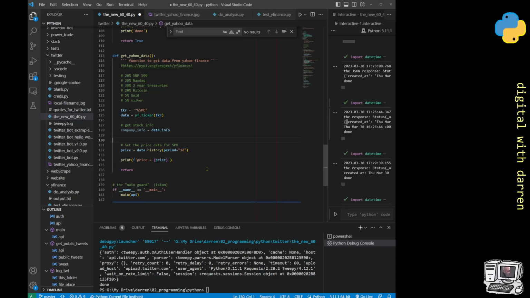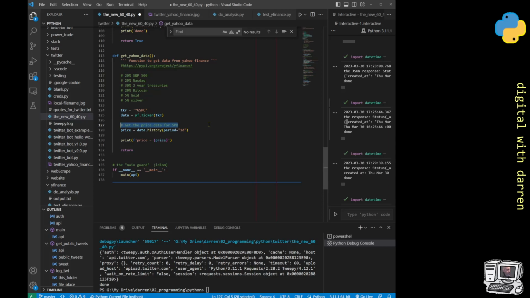I've omitted that bit there, and we don't need this get stock info. So we're right down to just getting what we want. So get price data for the S&P. In fact, we could even possibly omit that one, although we might note that. Well, we'll keep it there for now. Control Z. The reason why is because I don't remember that GSPX is going to be the S&P, or at least